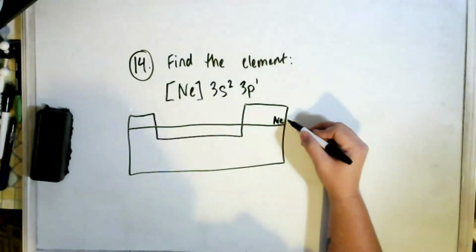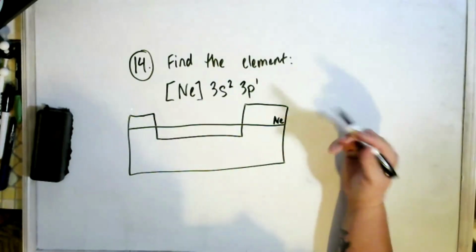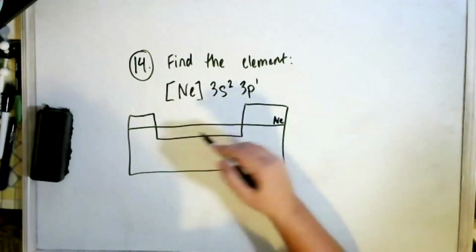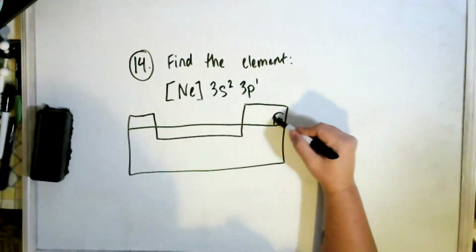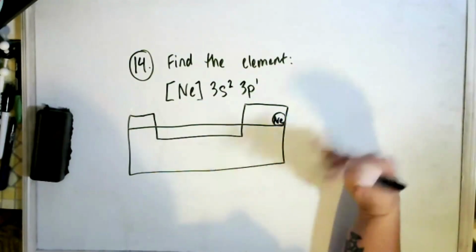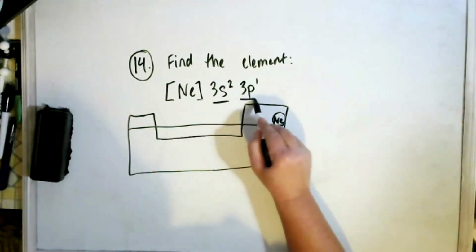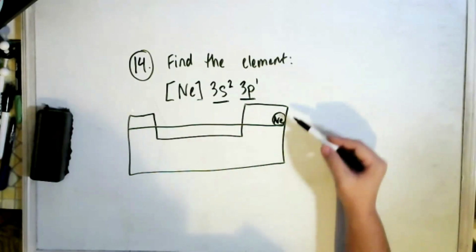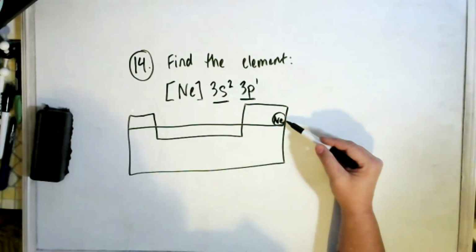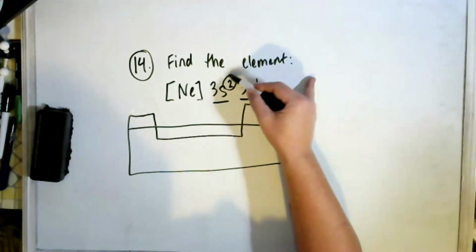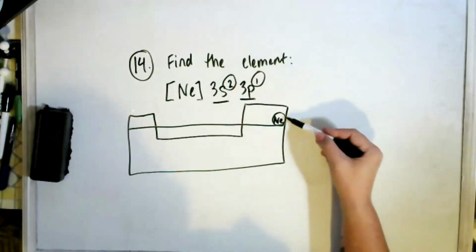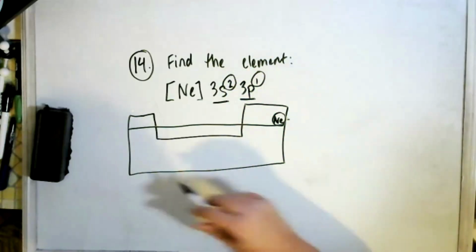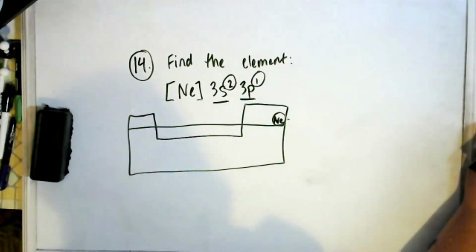What they're saying is that the element you're looking for has the same electron configuration as neon, but in addition to that, it's got these extra 3 electrons. So you're going to go to neon on your periodic table and say, all right, I'm looking for something that has 3 more electrons than this neon. And so you go down to 3s, right? And now you're looking at